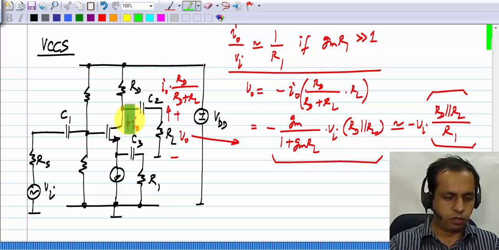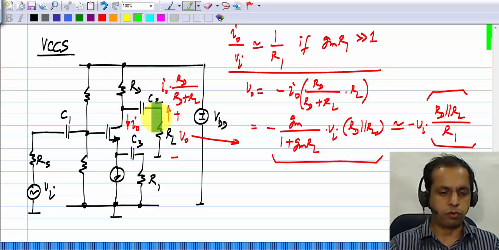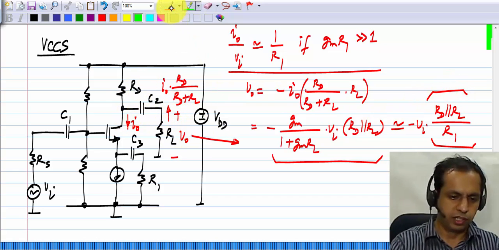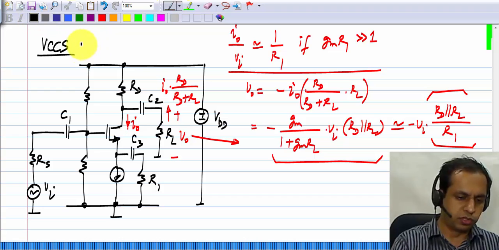Okay, this I naught is fixed. That is independent of what load you connect. So the voltage V naught will very much depend on the load resistance that you connect. So this is really a voltage controlled current source with a